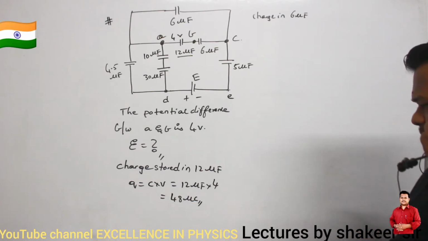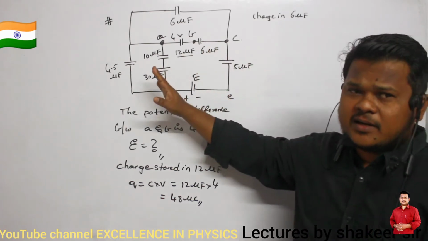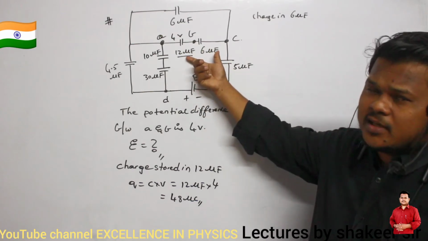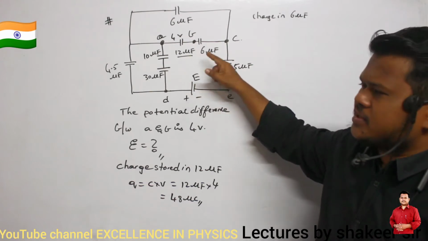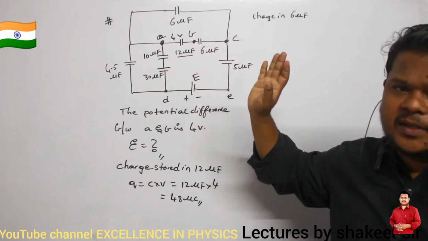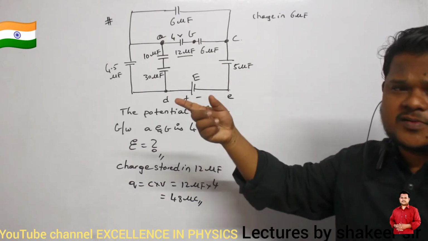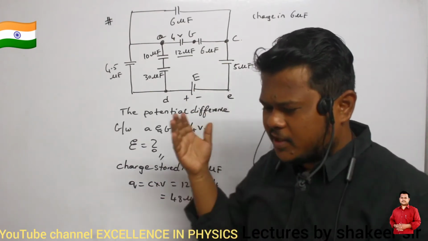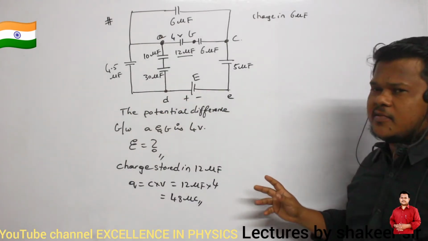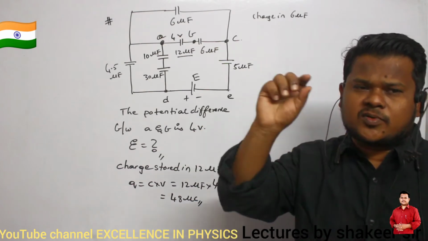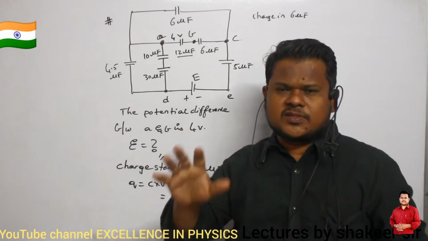In the starting classes only we have discussed this. If capacitors are connected in series, these two capacitors, are they connected in series or in parallel? Definitely they are in series connection. So if they are in series, what is the charge present in one capacitor? The same charge will be present in the second capacitor also. Because in series connection, the battery supplies charge only to the first plate of the first capacitor. All the remaining charges will be induced charges. This is what we have studied.